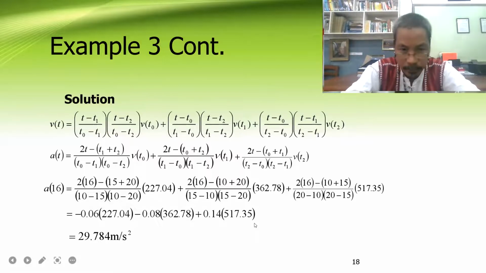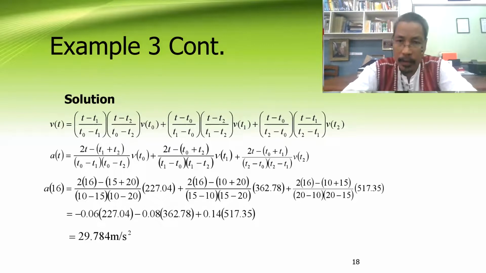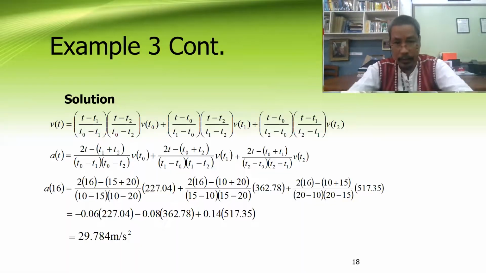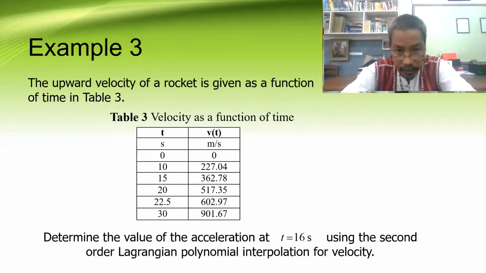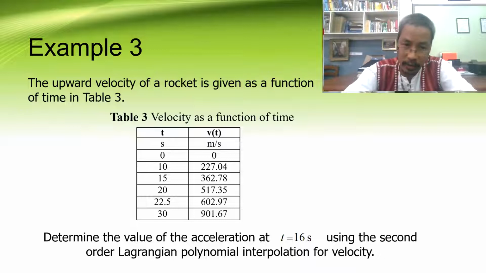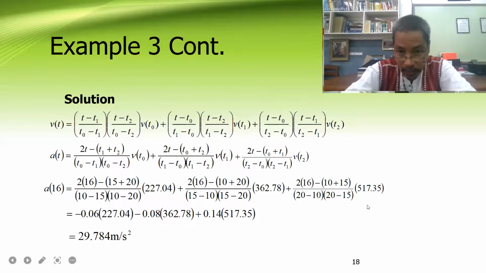So therefore, we can evaluate, and the answer would be 29.784 meter per second squared if we use the Lagrangian polynomial. I think this is the last slide. So this is the given table. So what is the value of velocity at 20 seconds? That is 517.35. That is given here. So this is 517.35. T2 is